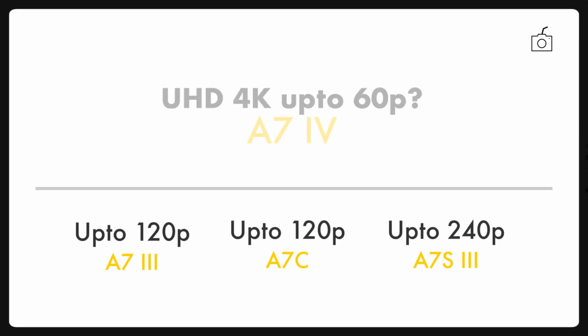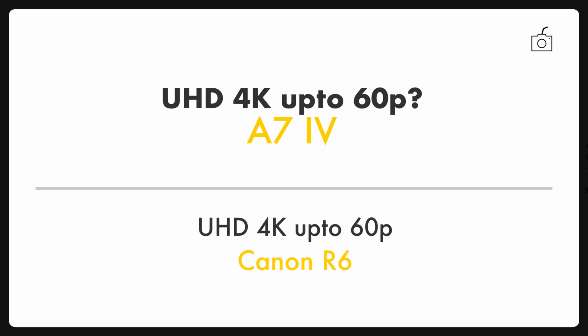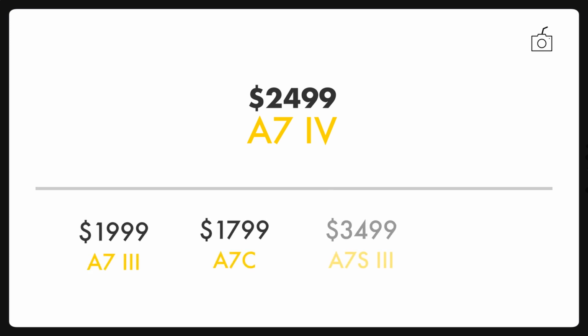And are we getting 4K 60? Well, I'm not sure. But if it does, it's gonna stand right head to head with Canon EOS R6, which has up to 60p 4K and is also priced the same. That's right. The rumors also whisper that the A7 IV will be priced at approximately $2,500, sandwiched right in the middle of these four cameras,